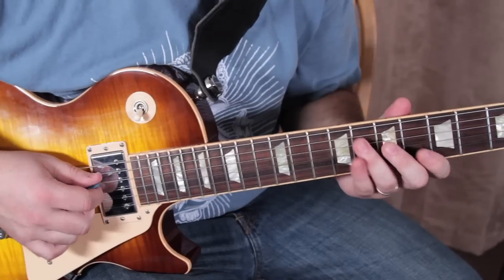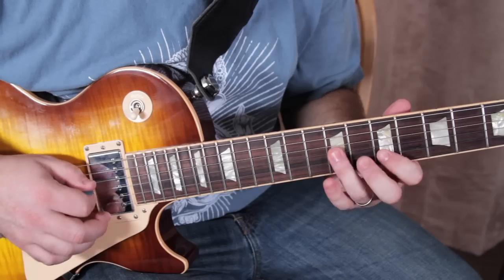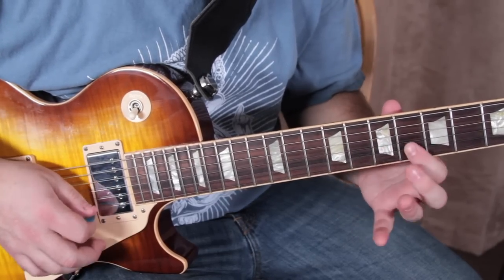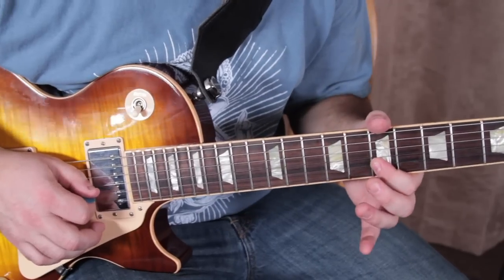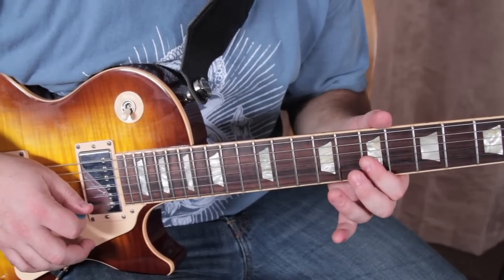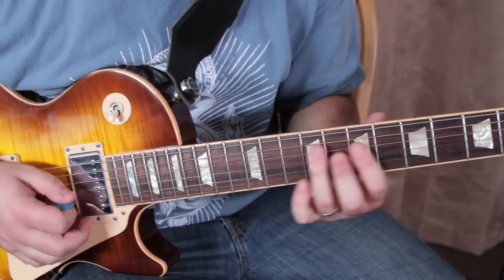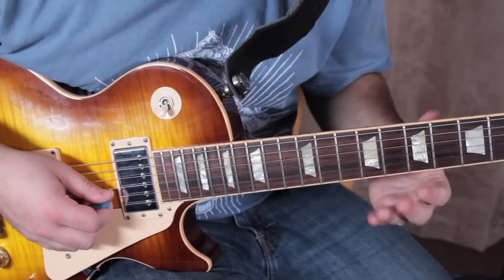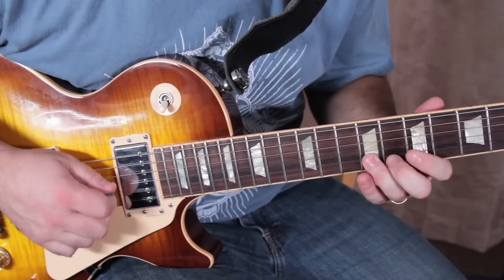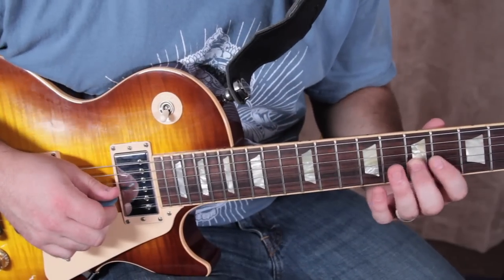Okay, so from the top. Now we go through a D major chord arpeggio. All right, now I want to teach you this little phrase based off of that major arpeggio right here. So that's what we got to do. So we're going to go,